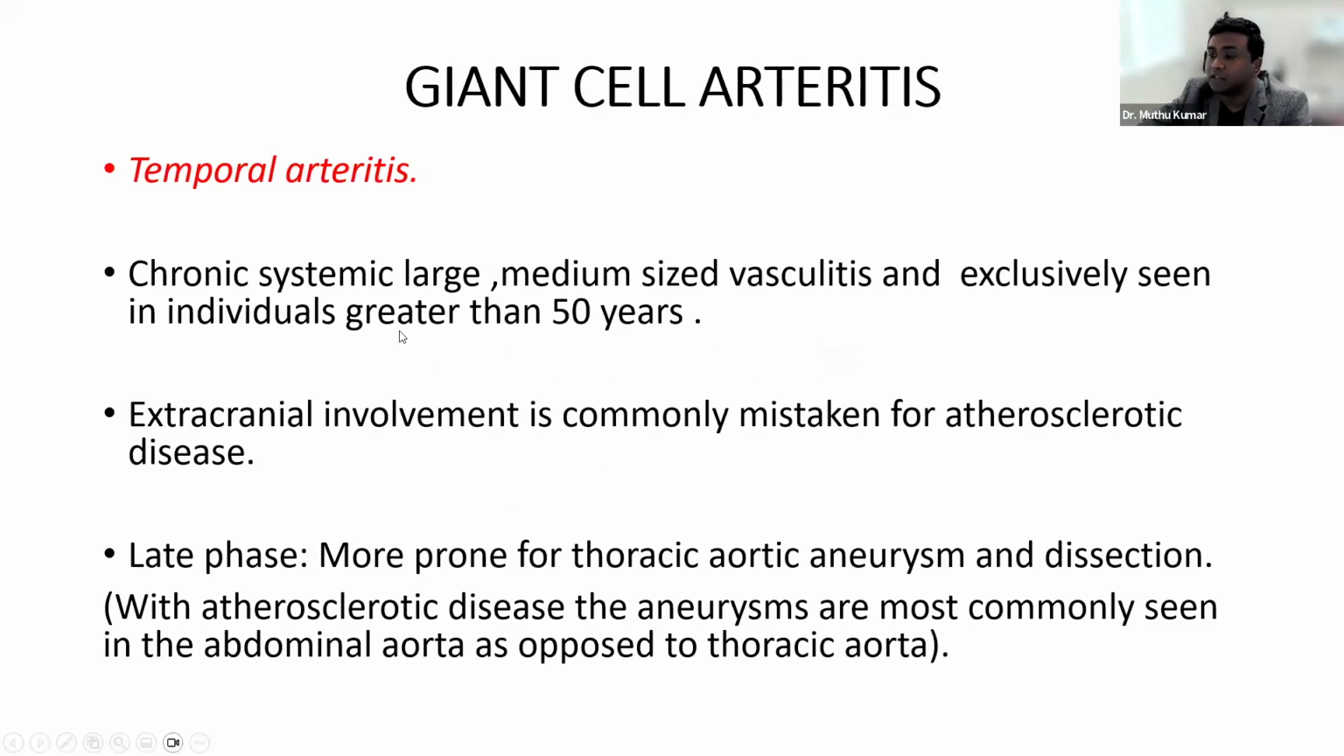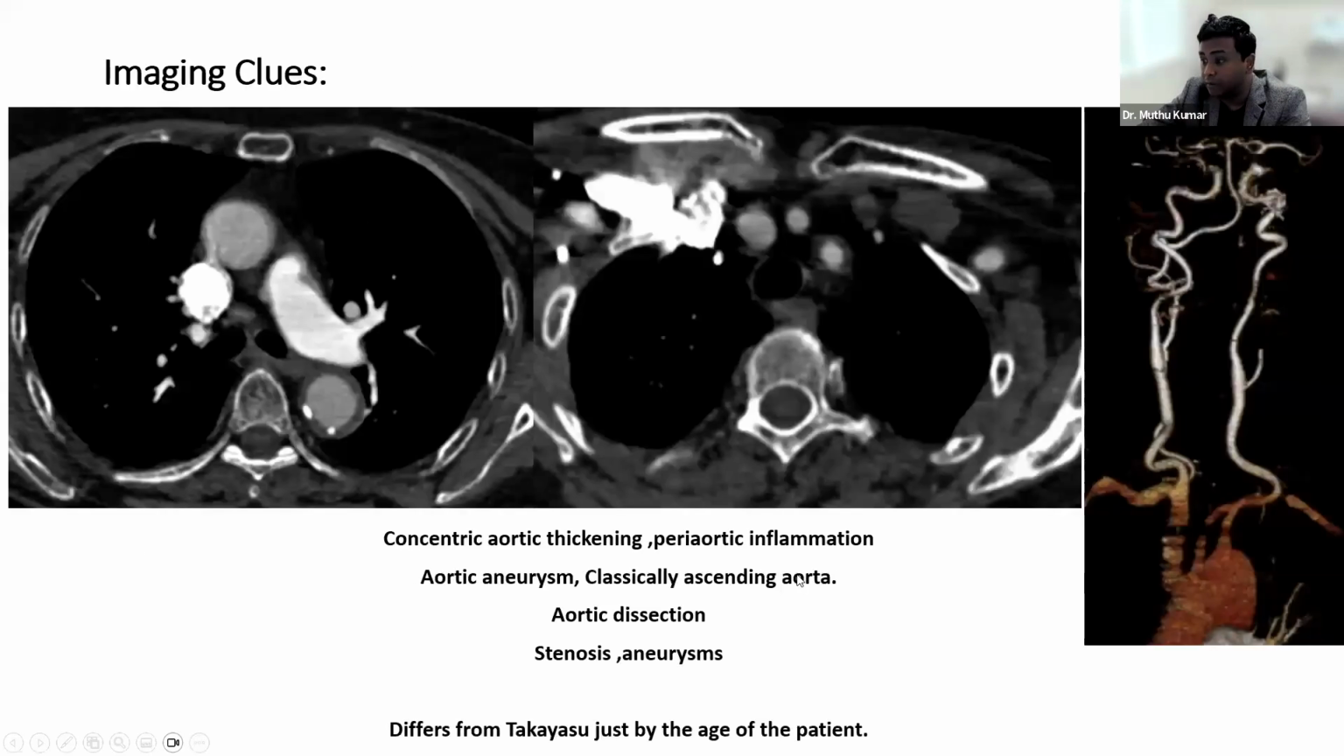So giant cell arteritis, also known as temporal arteritis, is a chronic systemic large/medium-sized vasculitis exclusively seen in individuals greater than 50 years. Extracranial is important because most commonly it is mistaken for atherosclerotic disease. In the late phase, it is more prone for thoracic aortic aneurysm and dissection. The imaging clues is,